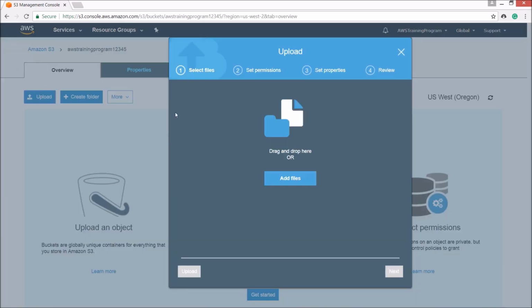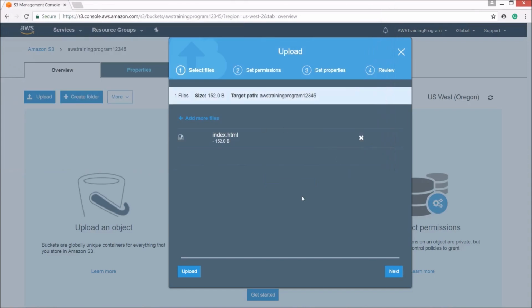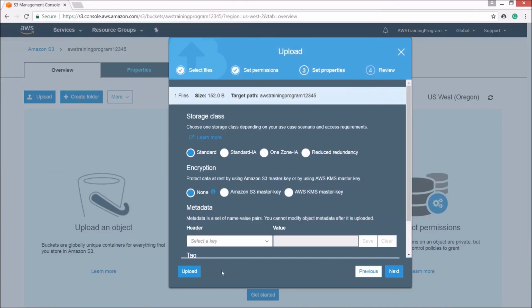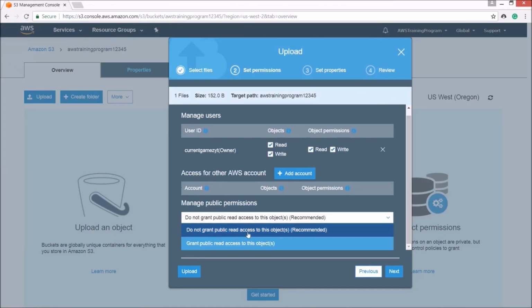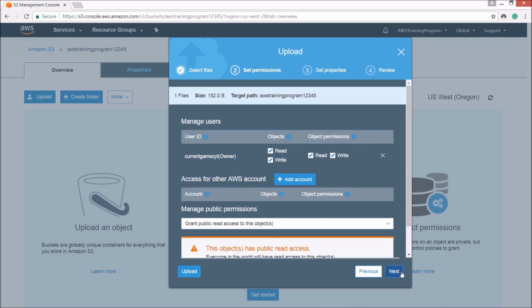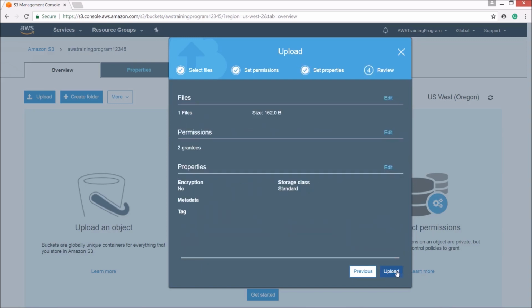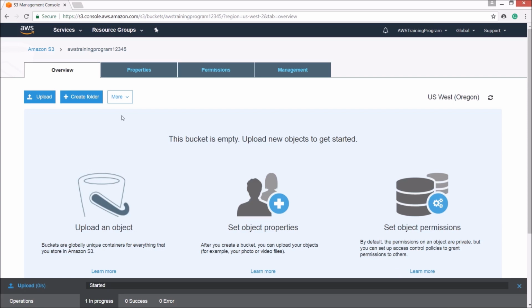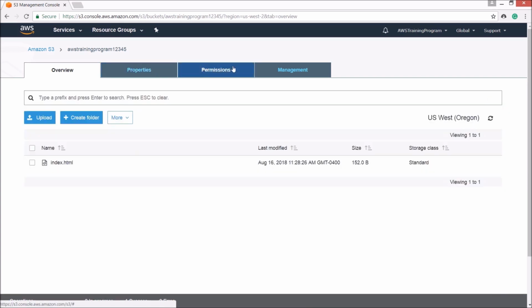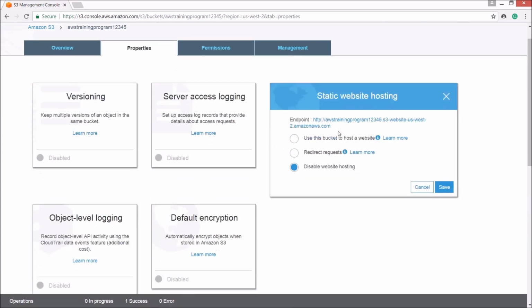We're going to upload a site file. So I just have a basic HTML file here. And we want to grant public read access to this file. And all the default permissions are fine. Let's click upload. Now that the file is uploaded, if we go to properties, we go to static website hosting,